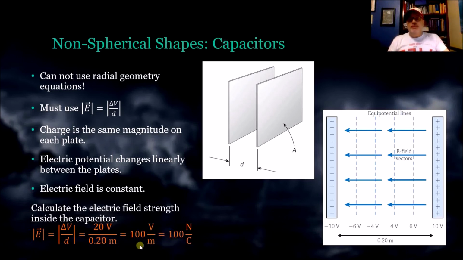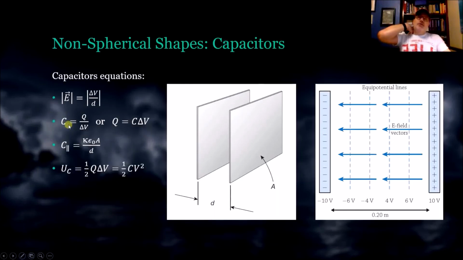So these turn out to be the exact same units. Volts per meter and newtons per coulomb are the exact same thing. For our capacitor, we can use this equation because it's non-spherical. We have a couple extra equations for the capacitor, which we'll talk about in more detail when we get into circuits,